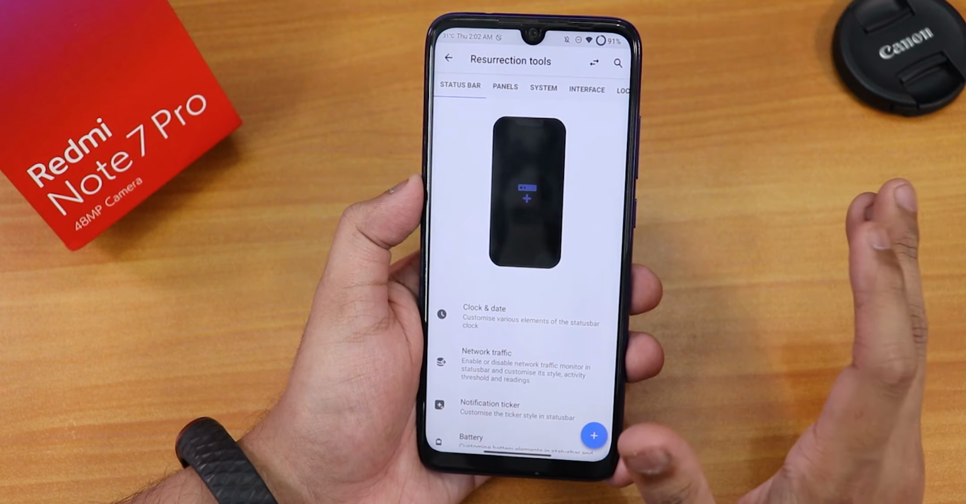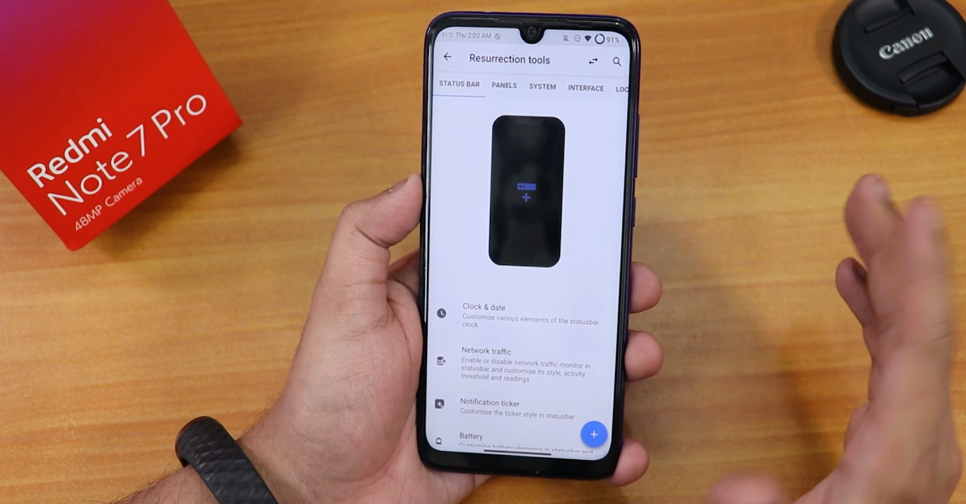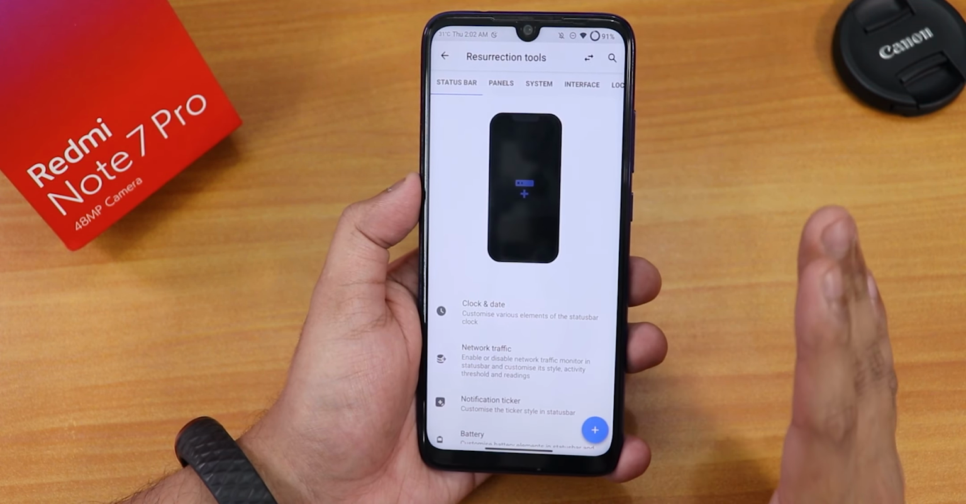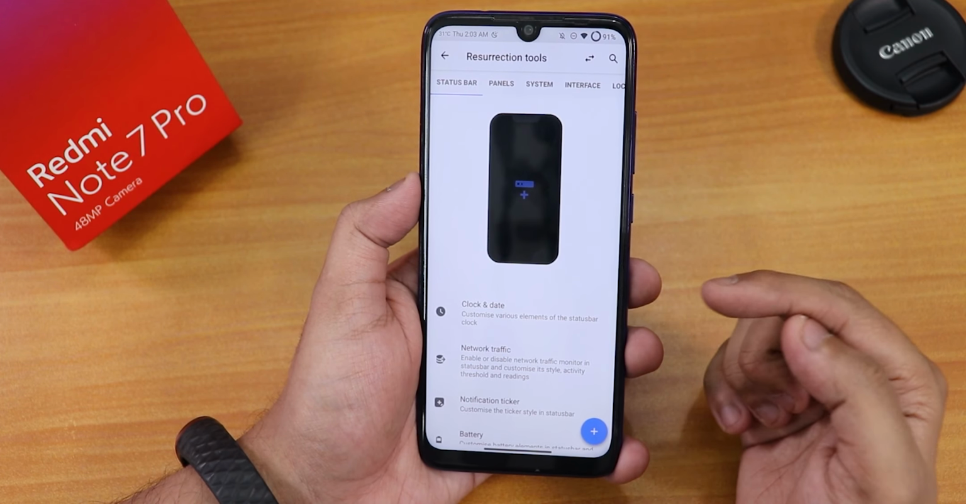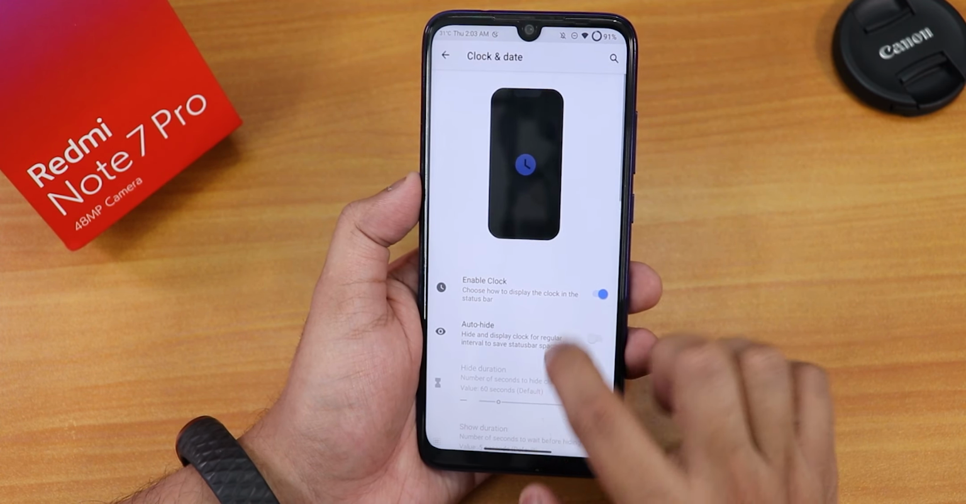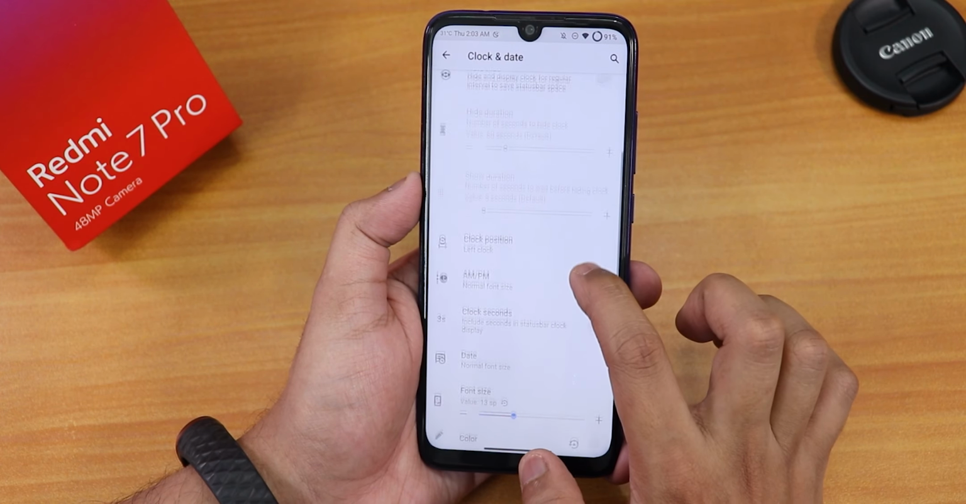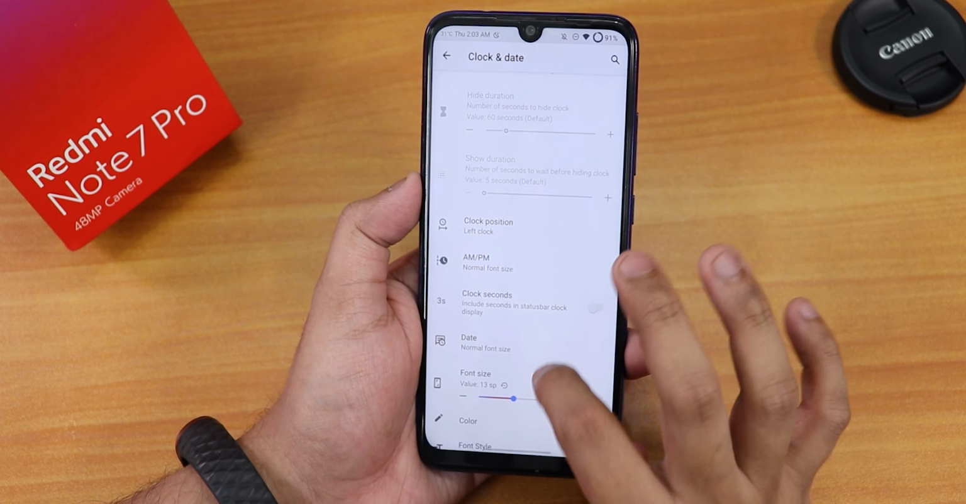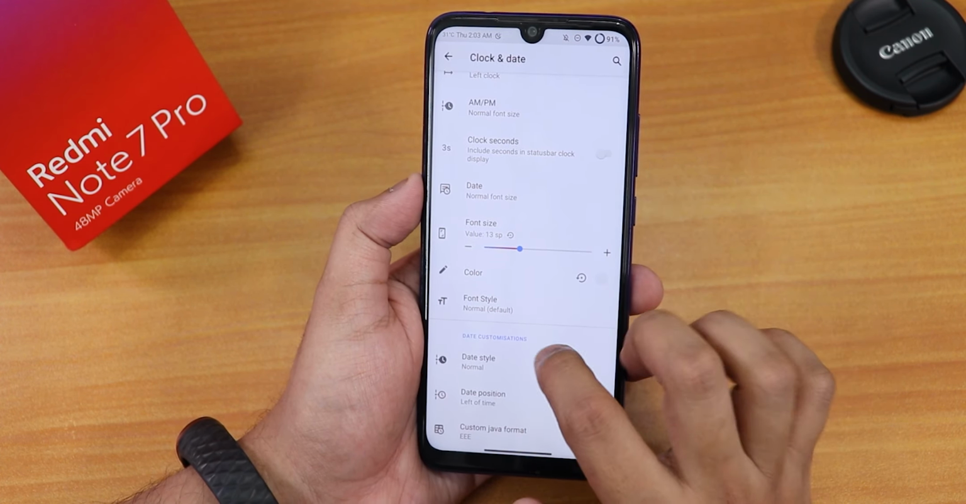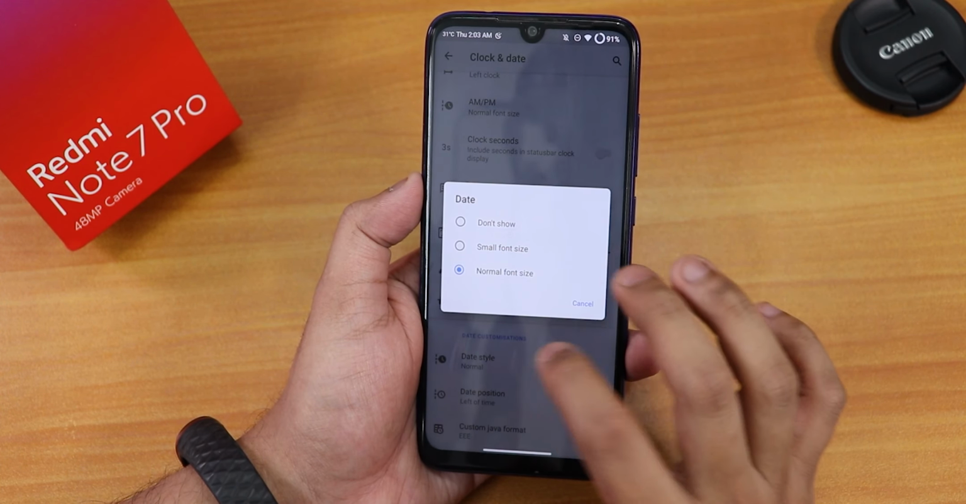Maybe if you want to see all the customizations, just hold on and watch the video till the end. So right now, let me first show you the status bar, and here we have the clock and date customization. Here we have the enable clock, the auto hide option, then the clock position you can change also. Then we have AM PM style, of course, clock seconds, then the date you can also enable that, and we